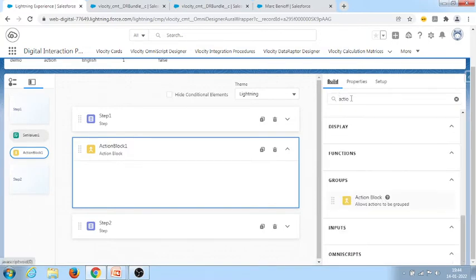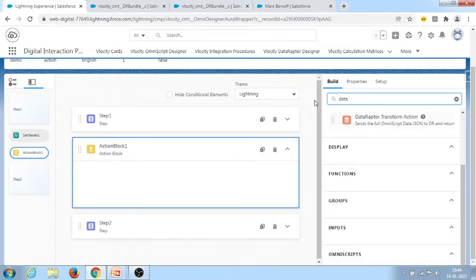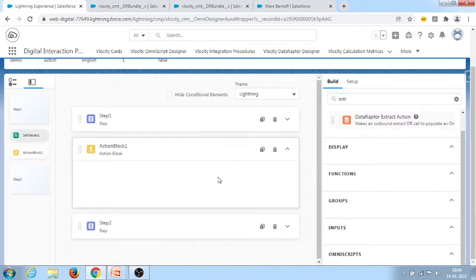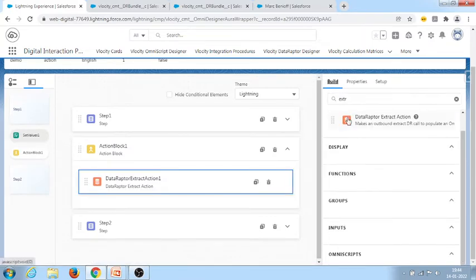First, we'll drag and drop data raptors. I'm using extract data raptors, which are also actions. I'm taking two extract data raptors.